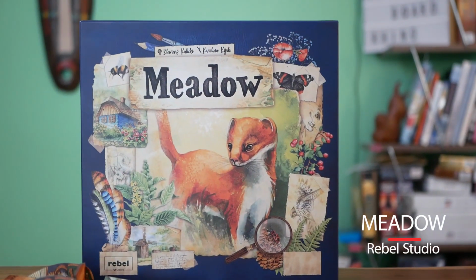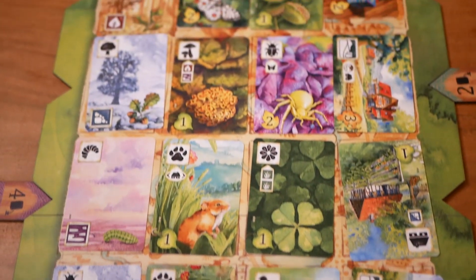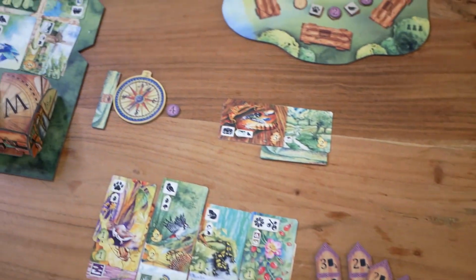In number 2, we've got the best smelling board game I've ever received. I got a super early copy of Meadow, and I have to say I was pleasantly surprised with this game. In Meadow, players are wanderers observing nature, beautiful landscapes, and searching for inspiration. You want to be the most skilled observer by earning the most points from animals, plants, and landscapes, as well